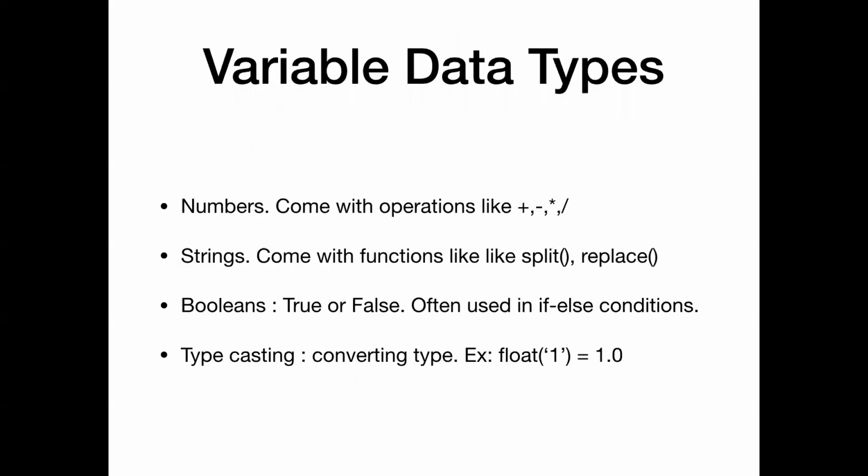We looked at variable data types. We talked about numbers that come with operators like plus, minus, multiply, divide. We talked about strings that come with functions like split and replace. Booleans is something we didn't touch upon, but we used it. So if else conditions, when we say if a is greater than 0 or something of that sort, a greater than 0 is a condition, and it is either true or false. And you could ideally set that equal to a variable. You can say,